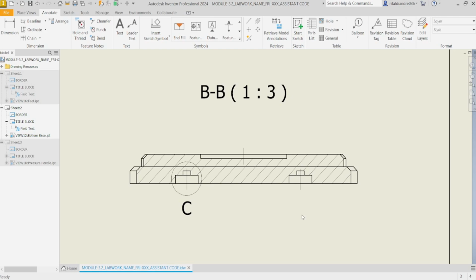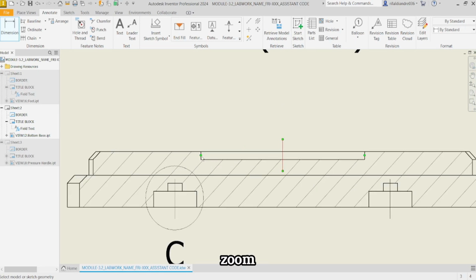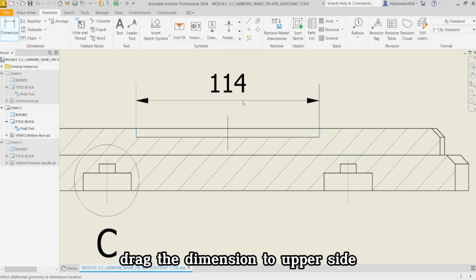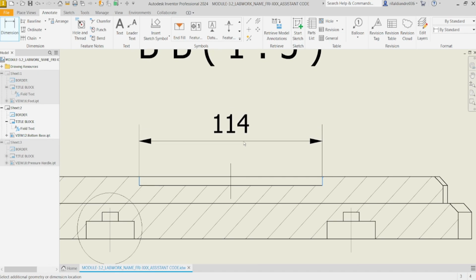Okay, in the next view, in Annotate tab, click dimension and choose the determine line. Zoom, choose the line and drag the dimension to the upper side.